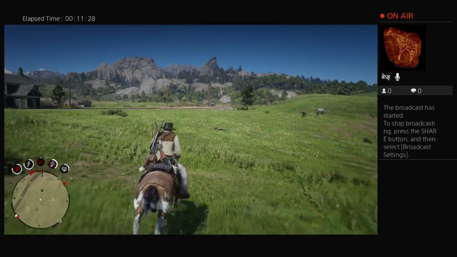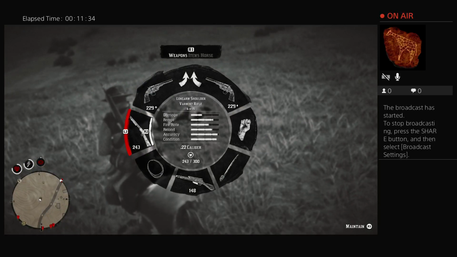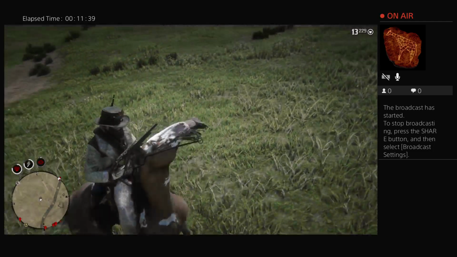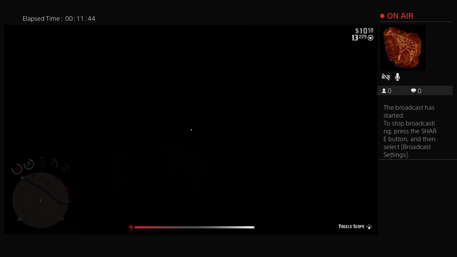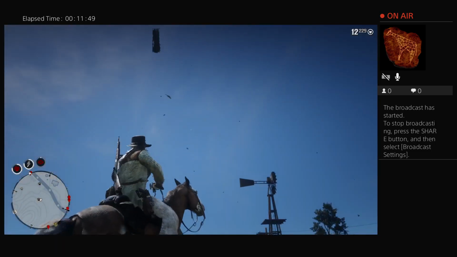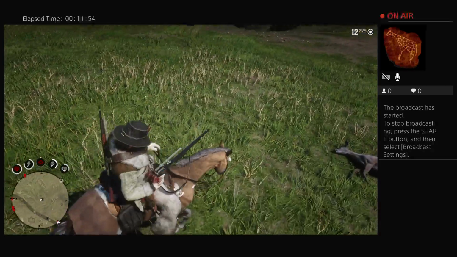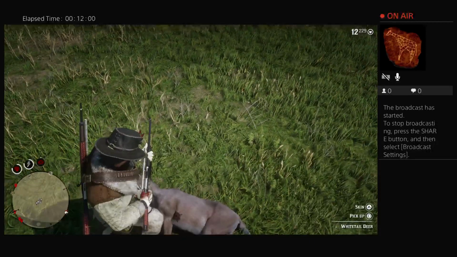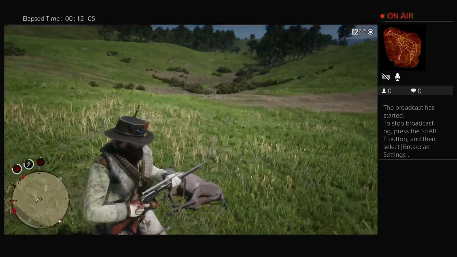Get away, get away! There's a hawk on my deer. Whoa! Or it's an American eagle. Let's get it then. Oh man, I just ruined my... Where'd it go? Anyway, I'm just gonna leave this little dude. I know it's a waste, but...